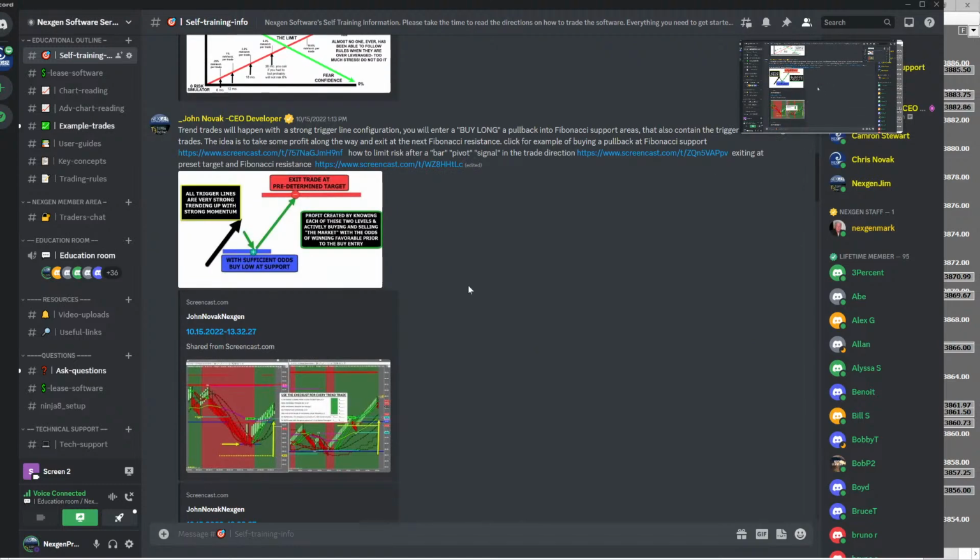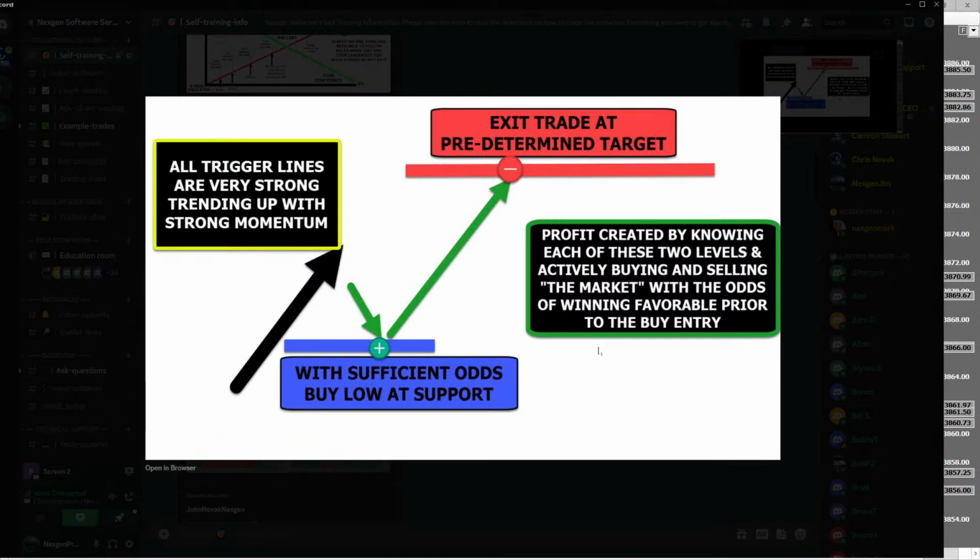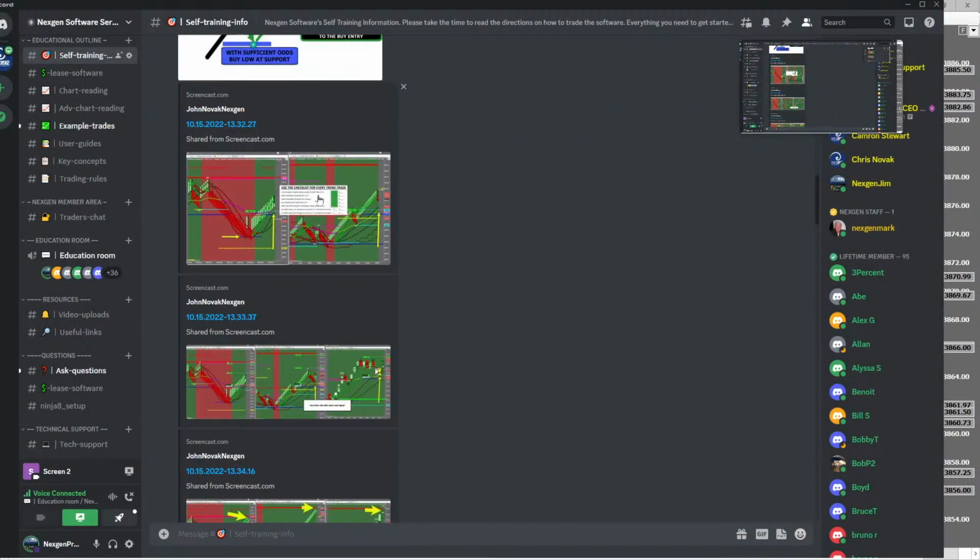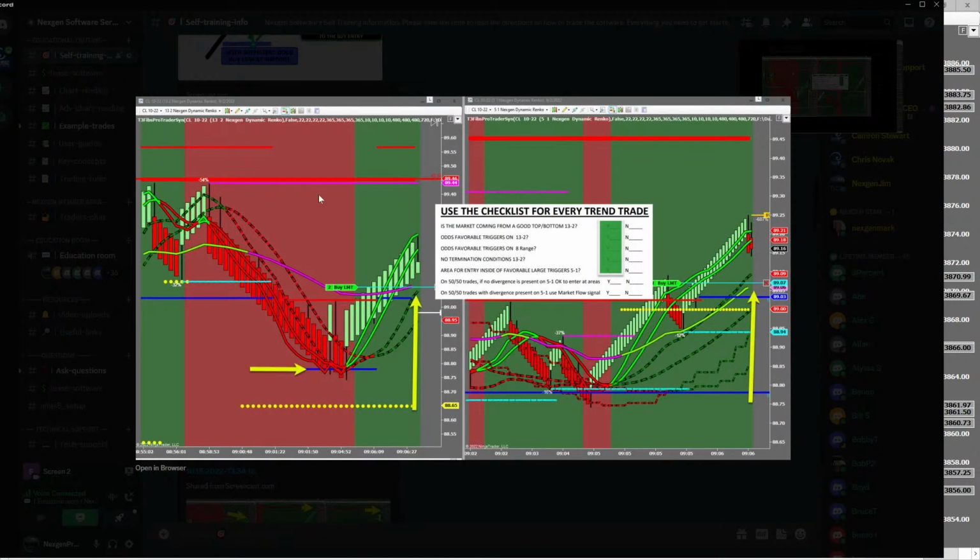There's a couple of really important things in here. And again, this is a trend trade, right? Everything's going up, buy a pullback, get out at a target. So I'm not going to go through that. This is the one that you guys hate the living piss out of. For some reason, and I can't figure it out, it's the bane of my existence with